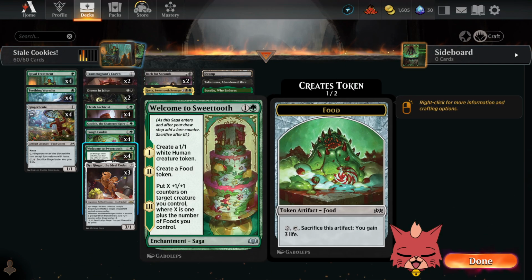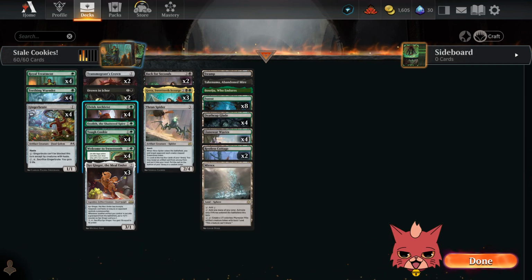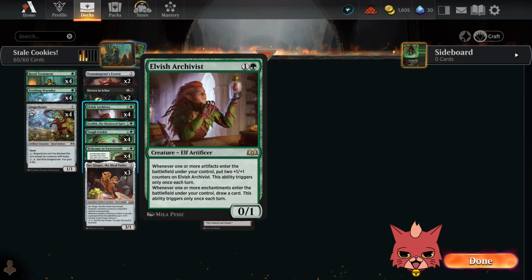We also have 4 Welcome to Sweettooth, which is a 2 mana enchantment saga, and for the first chapter, you create a 1/1 human creature token. Cool. And for chapter 2, you create a food token. Nice. And for chapter 3, you put X +1/+1 counters on target creature you control, where X is 1 plus the number of foods you control. Honestly, dude, I think it's going to do a thing in here. I feel like you're getting a lot of value for just 2 mana, right? So, plus it's an enchantment, so it does work with that draw ability on the Archivist as well, which is